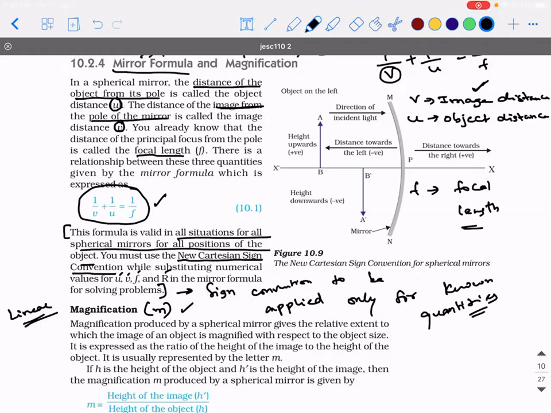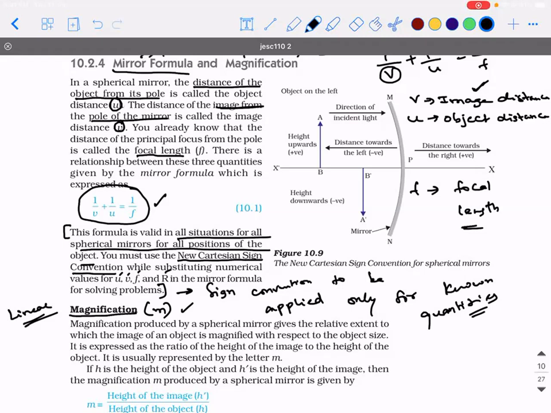Every time a situation is given to you, suppose I give you a numerical, I cannot expect you to draw the ray diagram for that scenario and tell me the magnification. Sometimes we need a simple expression where we get a number as an output, which will tell us whether the image has got magnified or diminished. That term is what we call linear magnification.